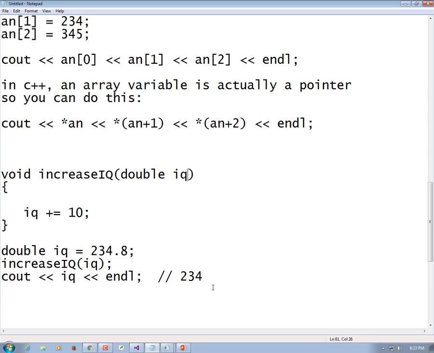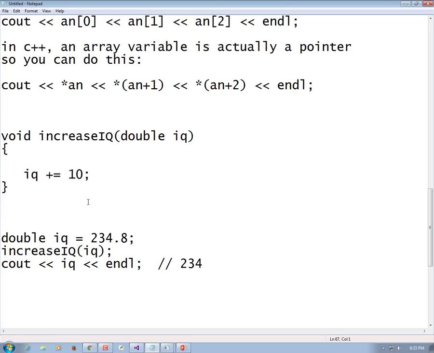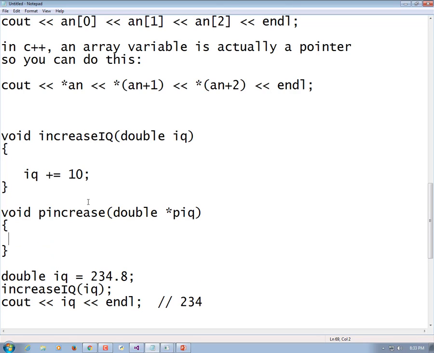Okay. Sorry, never mind. No, I mean, we're going to get to pointers, so we're going to write the same function now with a pointer so that we could actually increase it. We're going to call it P increase, for pointer increase or whatever. So you declare a pointer like that. I like to preface all my pointers with a P to remind myself that it's a pointer. And when I want to reference it,